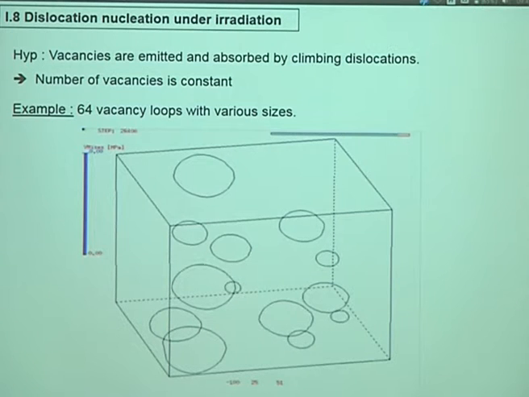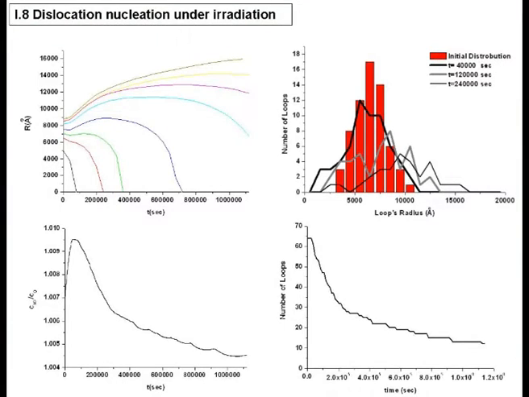Exactly. There is indeed a critical size, and this is what we can plot here. Here you have the radius on the left, and you can see that there is a critical size at which below it the loop will still collapse, and above it will still increase. So this is my critical radius, above which the loop is always stable and always increasing. Okay? So from the simulation, we can compute the concentration of the solution on the loops.